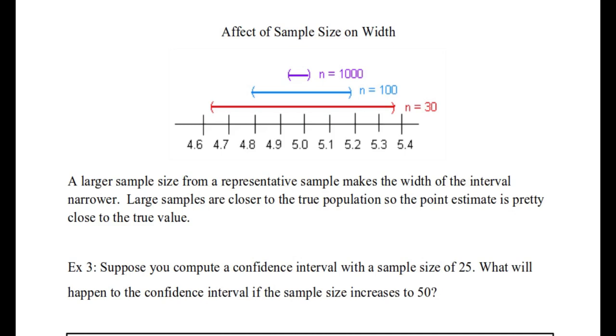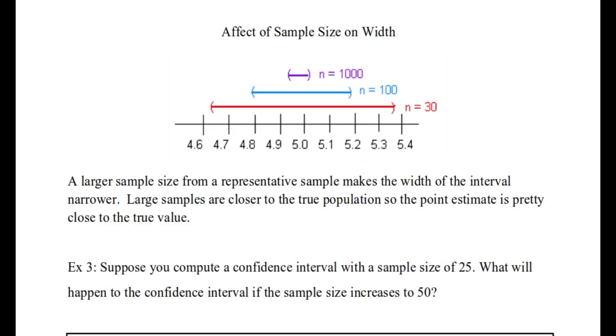So notice that the smallest interval, when n equals 1,000, is also true for the largest sample size. Comparing that to n equals 100, it's much smaller, much more precise, and that's because the sample is so much larger. Larger samples are closer to the true population,